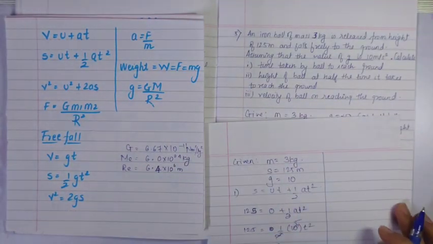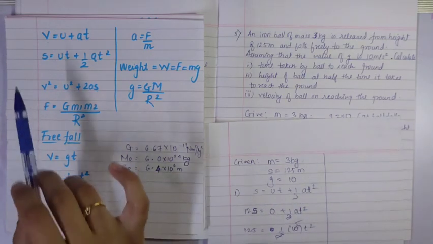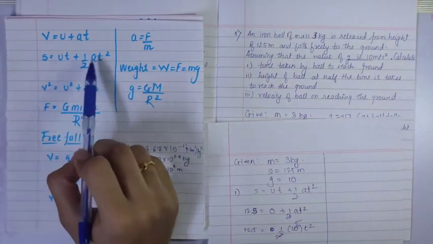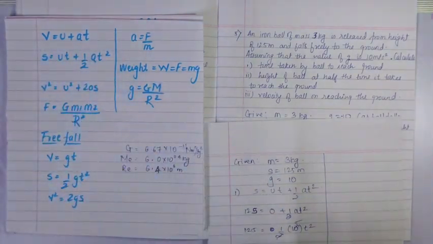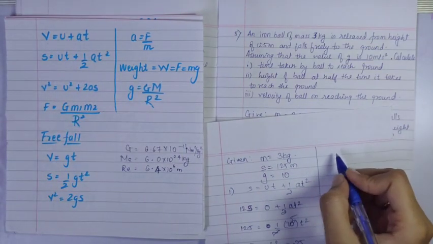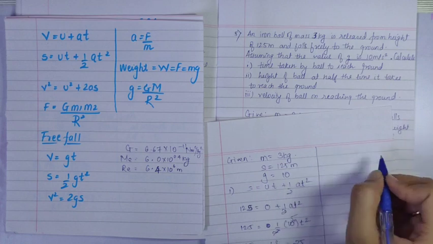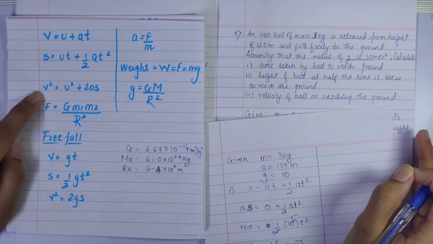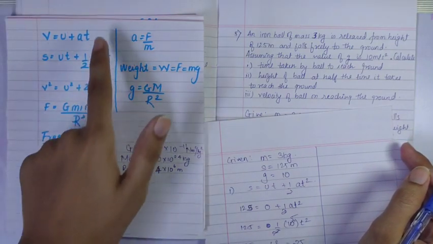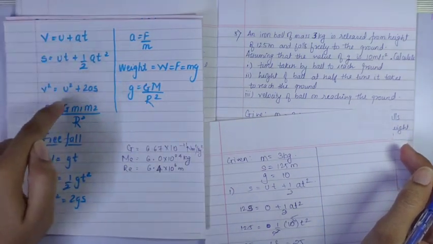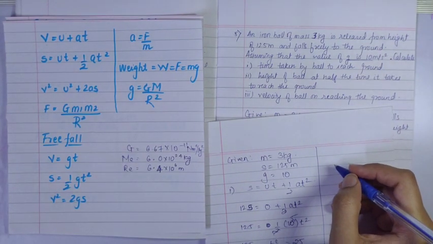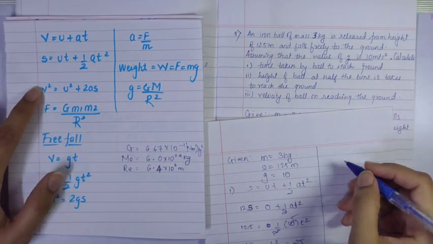Next, velocity of the ball on reaching the ground. Now you can use for velocity this formula, this or this. For velocity, you cannot use this because this does not contain capital V. Therefore, you need to use this or this. Say I use this because I already have my S with me. I know what is A. Also, I can use this formula also, no problem, because I know time also now. So you can use this or this, you will get the same answer. Say I am using this.